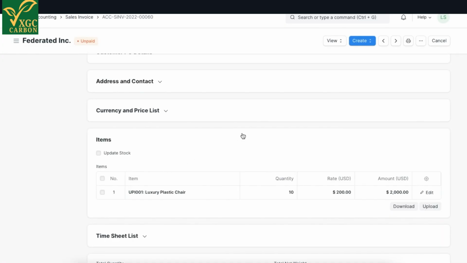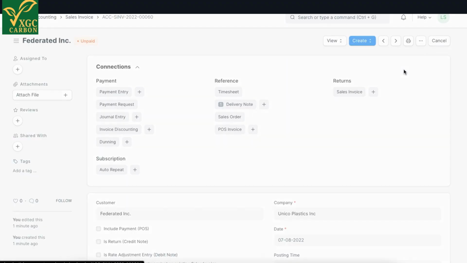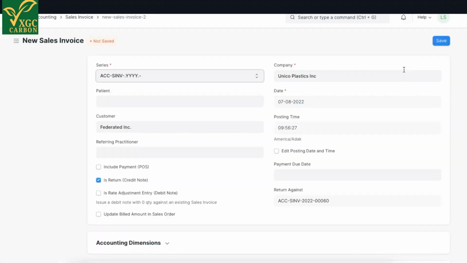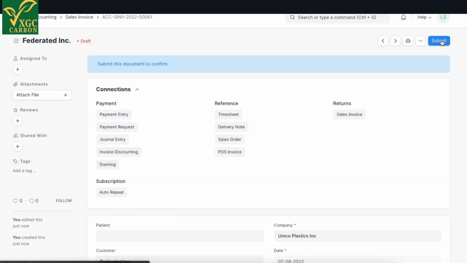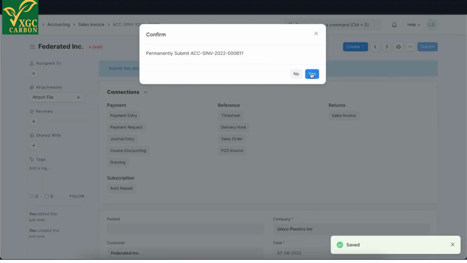To maintain correct stock valuation, stock balance will go up according to the original purchase rate of the returned items. We can also create the return directly from the sales invoice we just created. If we create it from an invoice, the customer's account will be credited and the associated income or tax account will be debited. Let's see how this looks in the accounting ledger.